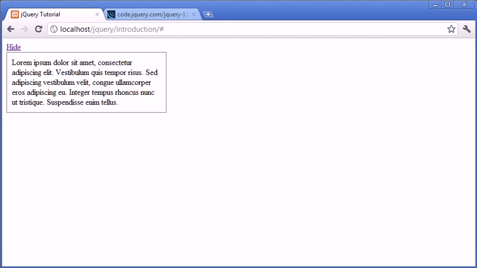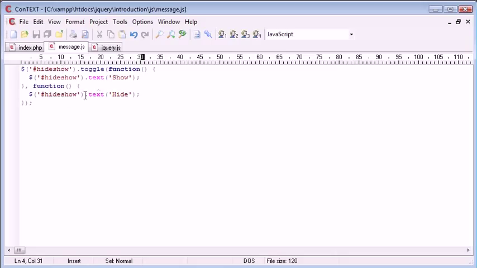Now there are two ways that we could do it. We could include it inside this button's functionality, or we can do it outside. I'm going to do it outside for the purposes of this tutorial, and then I'm going to show you the inside as well. Okay, so we need an event handler for our message, so we're referencing our message div, and we're going to say dot